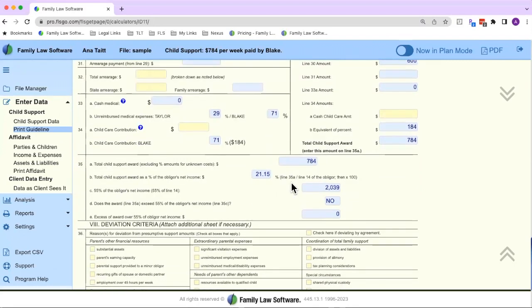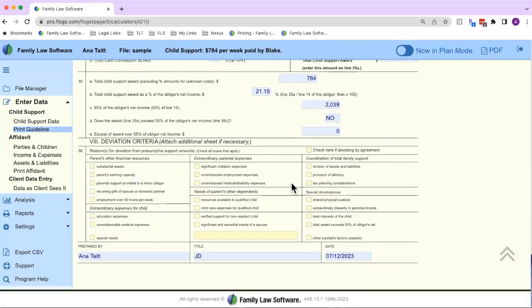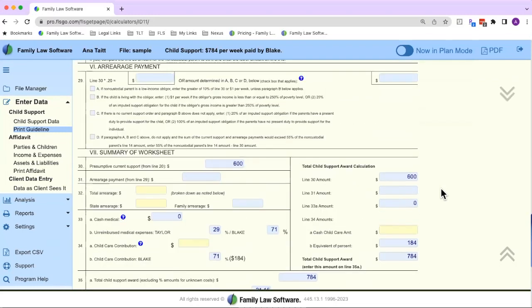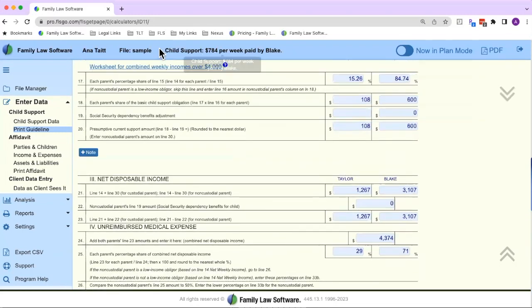Right, and then we're going to scroll down. All of these checkboxes for deviation are available. They're all in yellow, so you just click whatever you need to click, and you're done. It's just that simple. So you click PDF, and then it's going to print this version for you, and you are done. If this is not the number that you were expecting, child support $784 a week paid by Blake,